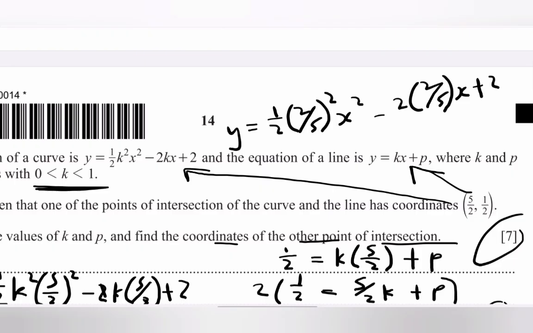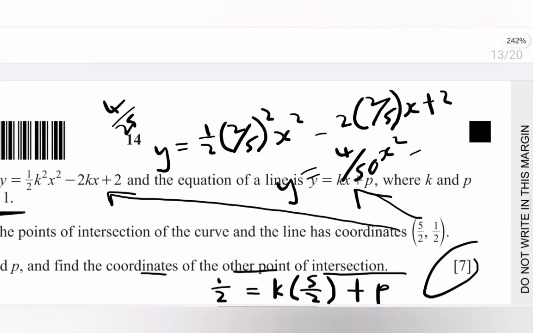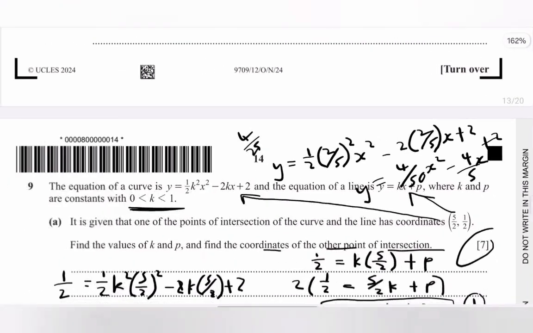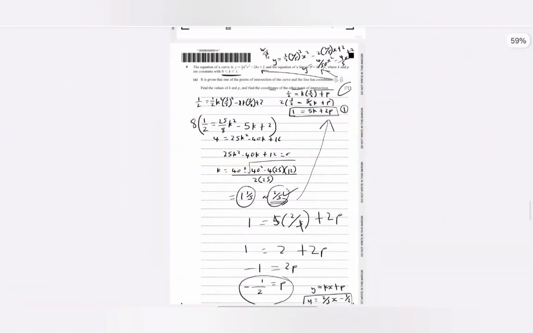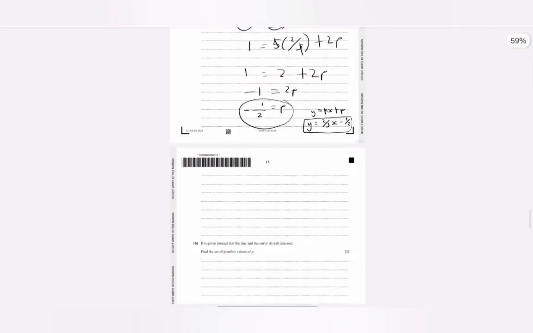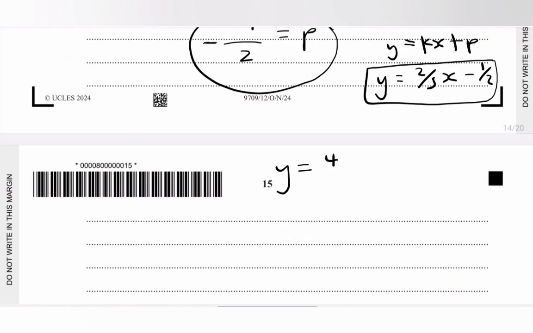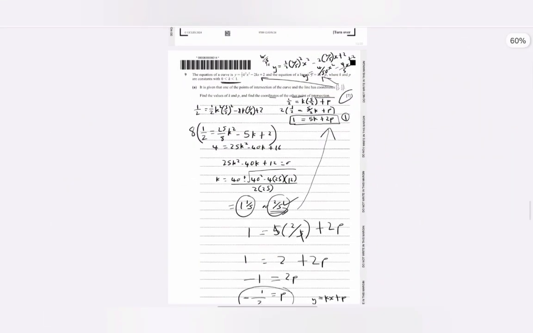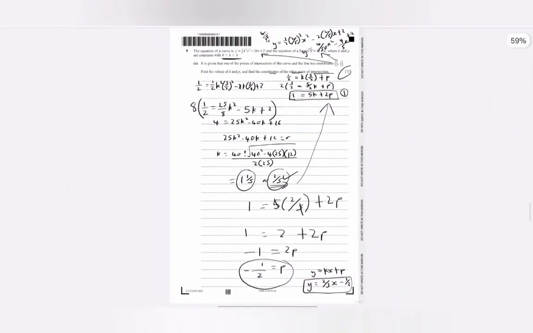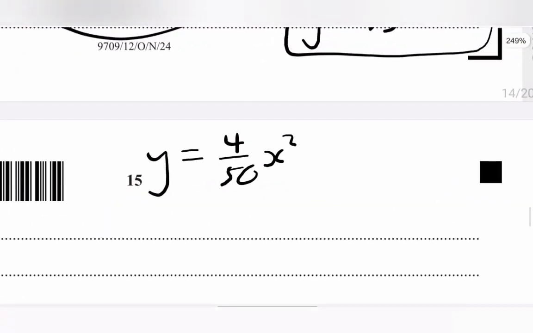And if we are saying half of 4 over 25, getting 4 over 50, so y is equal to 4 over 50 x squared, then minus 4 over 5x plus 2. So I'm just going to write it down here. y equals 4 over 50 x squared minus 4 over 5x plus 2,